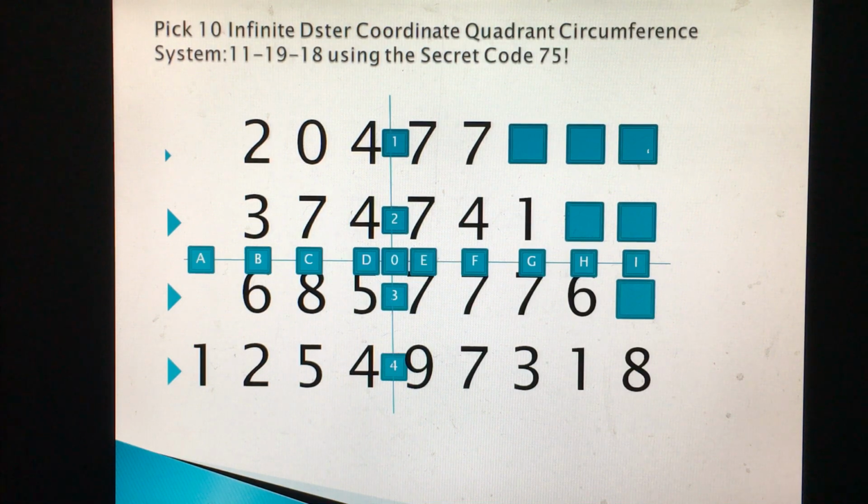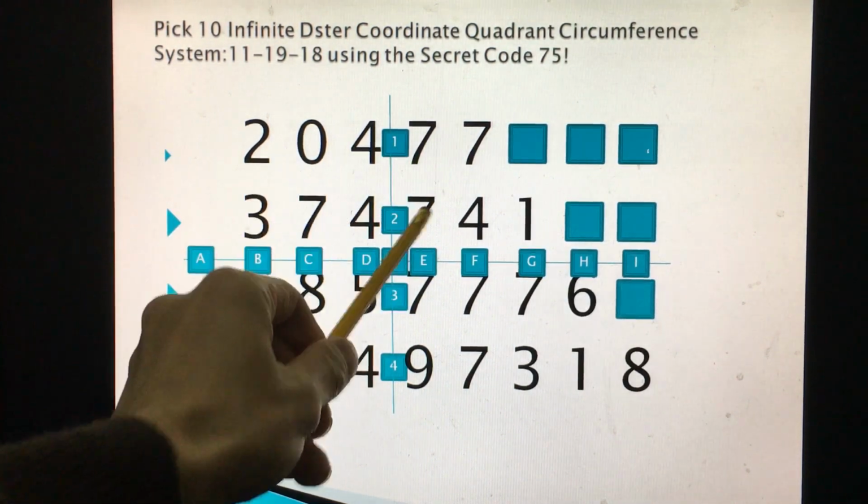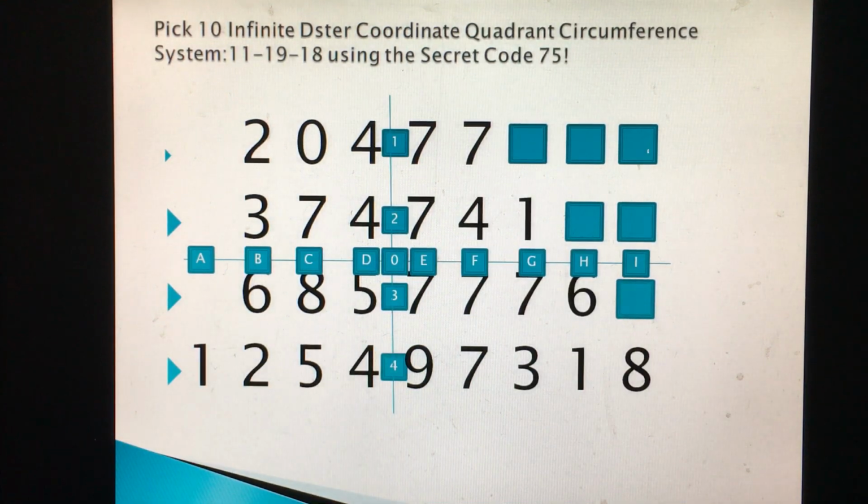So anybody who got the Dster from January to December, you know which Dster I'm using, and you know where to find the right Dster. And even though I don't like this Dster, this is the Dster to use. Because why? 1, 2, 3, 4, 5, 6, 7, 8. There are 8 sevens, and I have no choice but to use it. The system shows that this is the right Dster to use, even though I don't like all those 7s